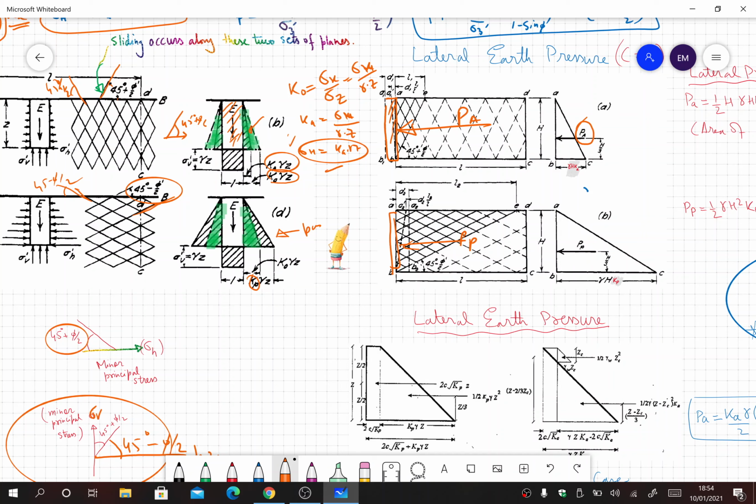Previously we have been seeing the stresses, so now to calculate force, how will we do it? So let's talk about this active earth pressure condition. We have learned simply that the horizontal stress, and once again just to jog your memory, this is the c equal to 0 case. And if I go back to the equation that we derived,